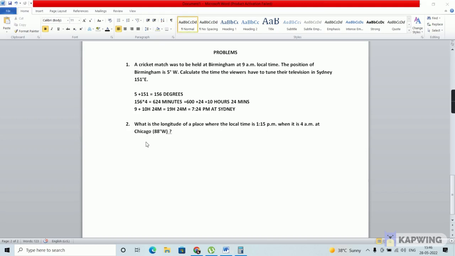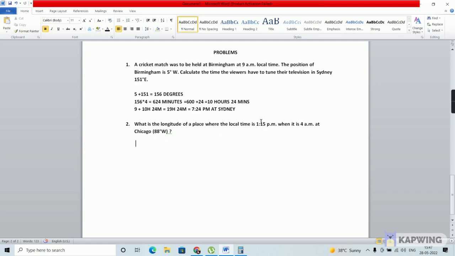So let's take a look at another problem. So in this case, you have been asked to find out the longitude of a particular place, which has a time of 1:15 p.m. and we have been given the time of Chicago, and it is 80 degrees west of the prime meridian. So in this case, first you have to find out the time difference between these two places. So for that,